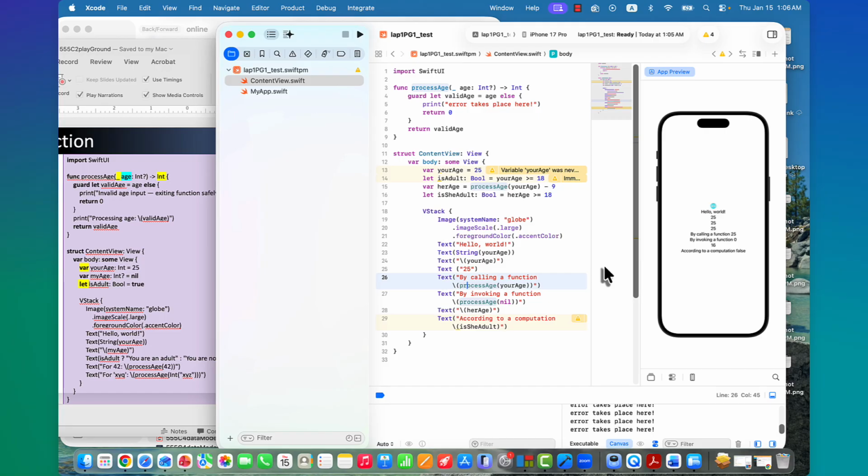I want to see whether you are ready to move further. So you can simply do this on your MacBook, and then submit.